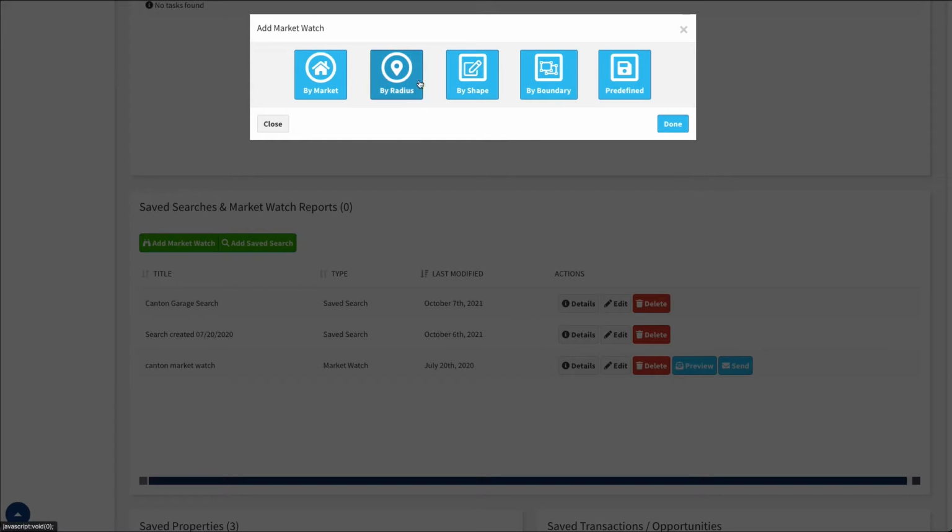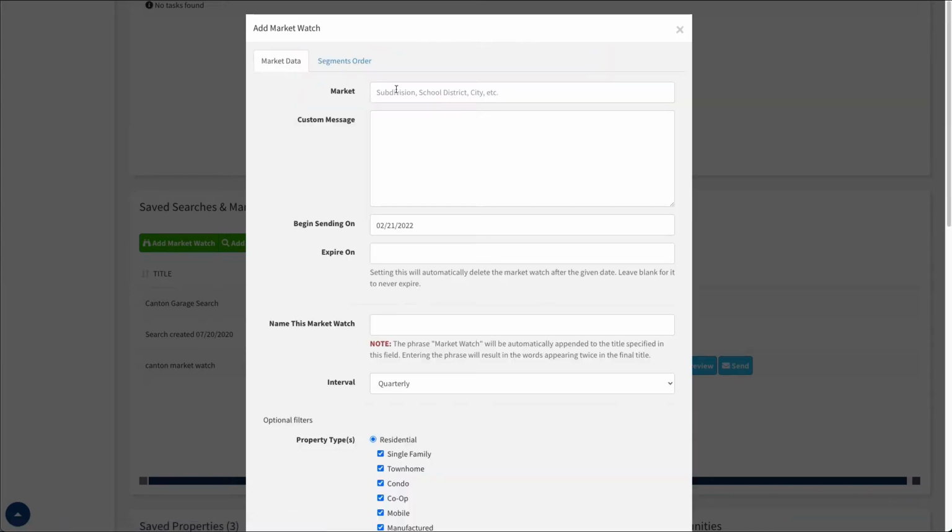I can choose to add it by a variety of criteria here. Market would just be a market name. Radius is radius on a map. Shape and boundary are also just shapes you draw on a map. And then predefined is actually a predefined boundary area. So it's also map-based, but these are areas you can select from. So I could select school district boundaries and then select a particular school district, and it would draw that boundary out on the map. However I choose, we'll just go by market on this one for the sake of example,